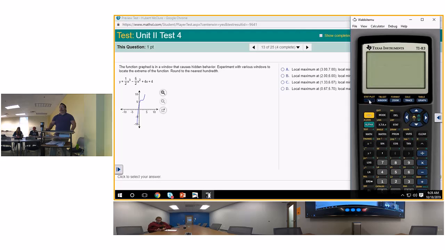So y is equal to, I'm going to use 0.5 if that's okay with y'all, 0.5 x quantity to the third, minus 5 halves is 2.5 x squared. I would only suggest using decimals when they are definite, when they are rational, meaning it's not repeating, or a bunch of numbers that never end. Don't do that. If you have a bunch of numbers that repeat or never end, then you need to put